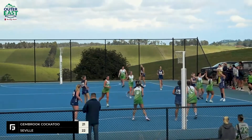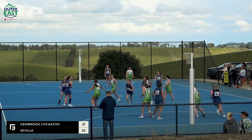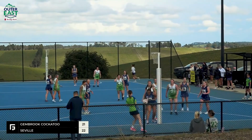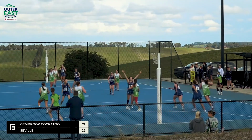Wicks up the line to Bayliss. Bayliss has to wait for a moment, decides to go back to Wicks. Wicks inboard here to Minnie. Minnie looks around. Around the back was Wicks. Now it's Bayliss. Bayliss sizes up the options, goes wide to Morse. Morse pops over the top, and it's beautifully done to Dowling. And Dowling doesn't quite get it, and it's cut off here by Bowden, so they hold off the Gembrook Cockatoo